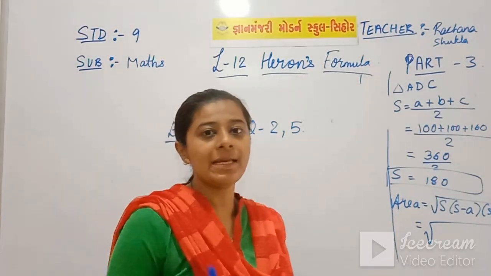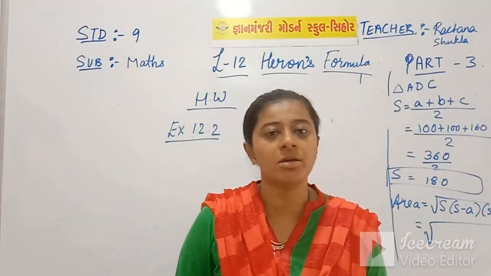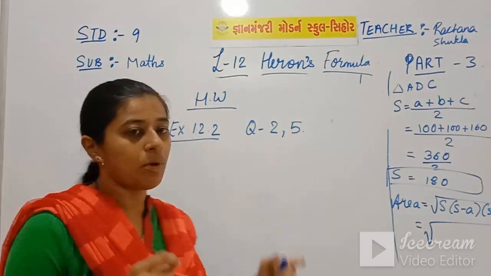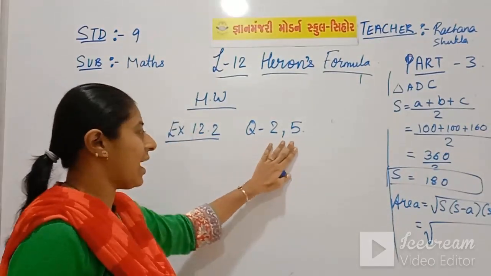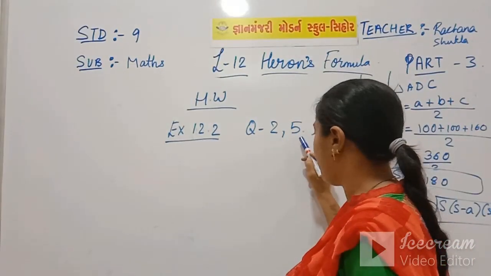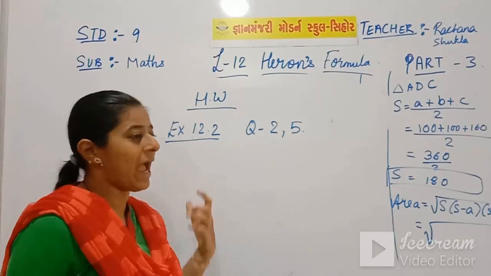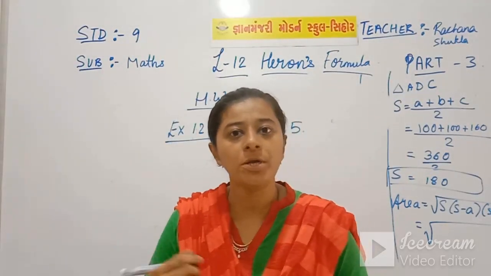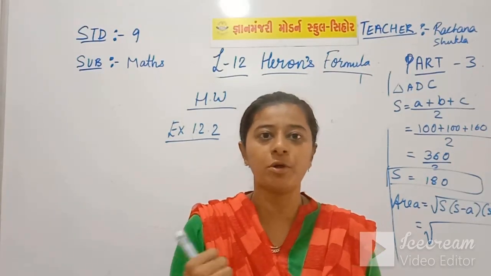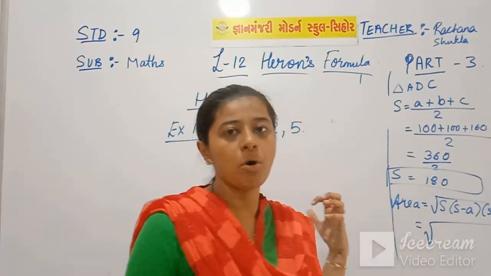If you have any doubt regarding these two sums, you can post that doubt in our WhatsApp group, which is open in the night. I will solve your doubt in the WhatsApp group. Your homework is question number 2 and 5 of exercise 12.2. Try to do it in your fair book, and the other sums of exercise 12.2 I will teach you in the video itself. I will not give them as part of your homework because they are a little bit tricky sums, so we will solve them on the board itself.